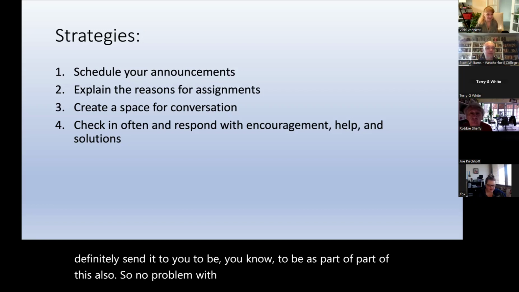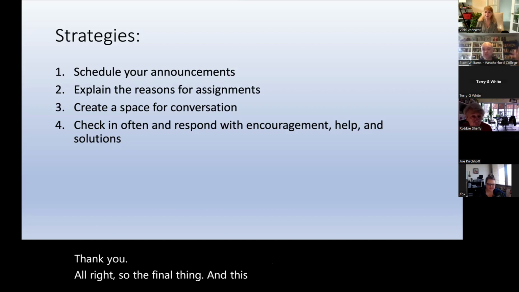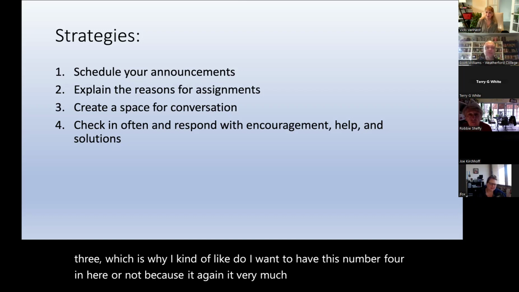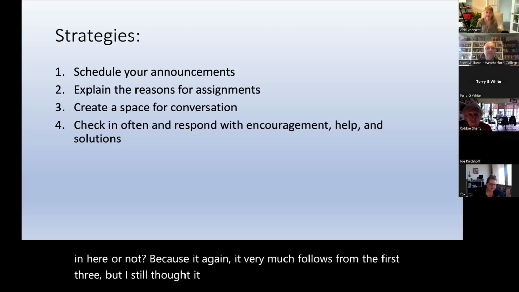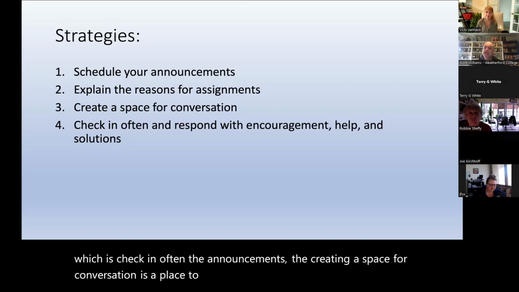All right. So the final thing, and this really follows from these first 3, which is why I was wondering whether I wanted to have number 4 in here or not. Because it very much follows from the first 3, but I still thought it was important to have it separated out, which is check in often. The announcements, creating a space for conversation, is a place to check in often, and respond with encouragement, help, and